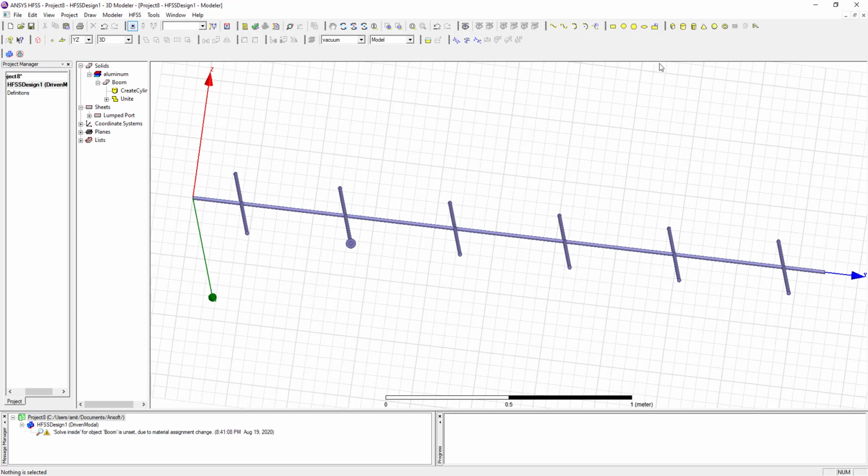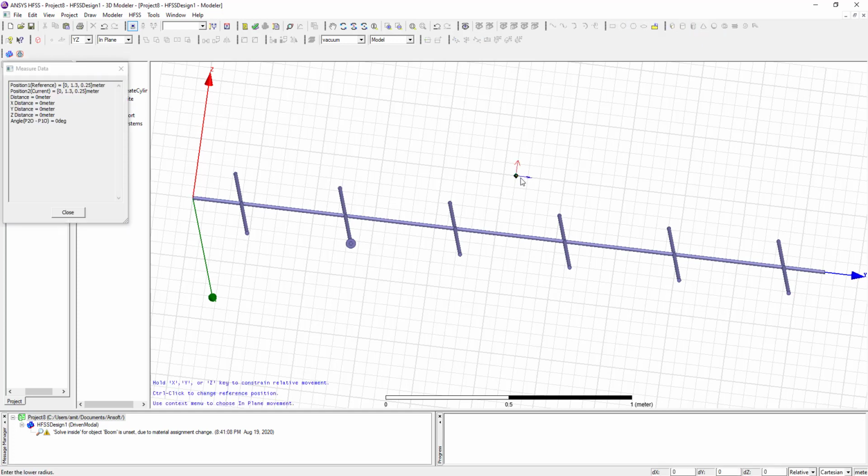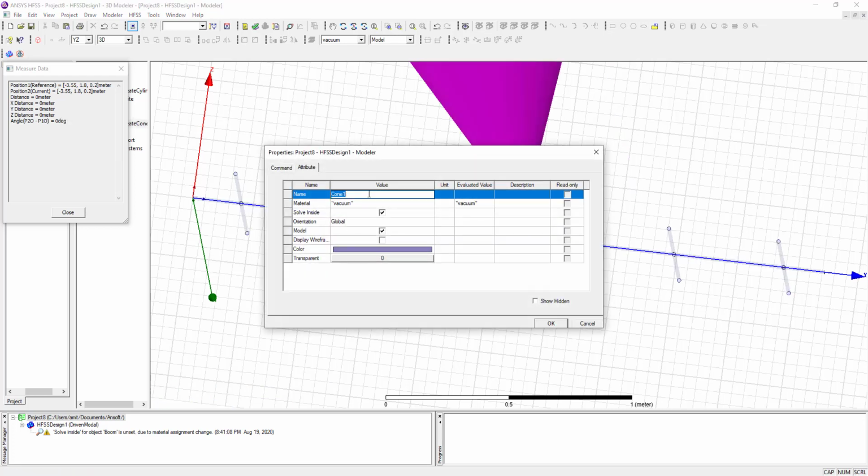Now the next step is to draw the radiation boundary. For this, you can draw any type of radiation boundary. It could be a cylinder also. Here I am designing my radiation boundary as a cone. So for this, select the cone option in the 3D toolbar menu, then draw the cone like this and select the height like this. Rename this as radiation